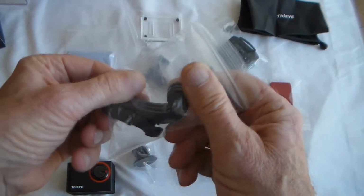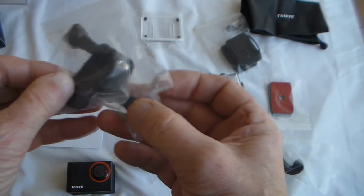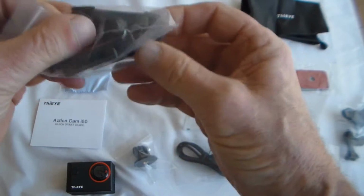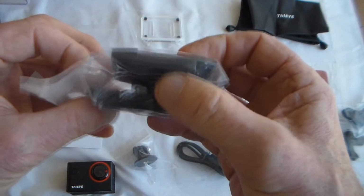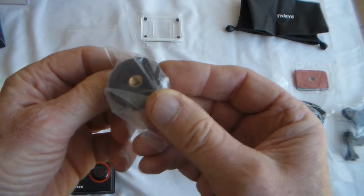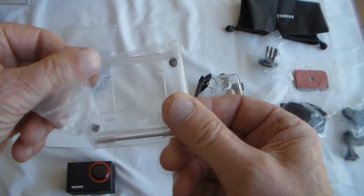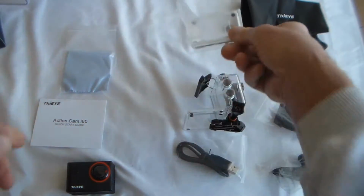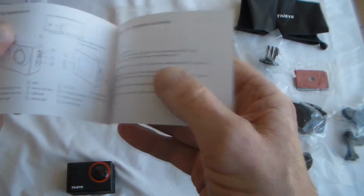the usual kind of action camera bracket, two standoffs, one long, one short, one with a 90-degree twist, some spare sticky pads, two mounting brackets for helmets or skateboards, one flat and one with a slight curve, which is obviously better for a helmet, another mounting bracket, this time with a 1/4-inch screw thread in the bottom, and an open back which lets the camera breathe and stops them getting fogged up, lens cleaning cloth, and the quick start guide,